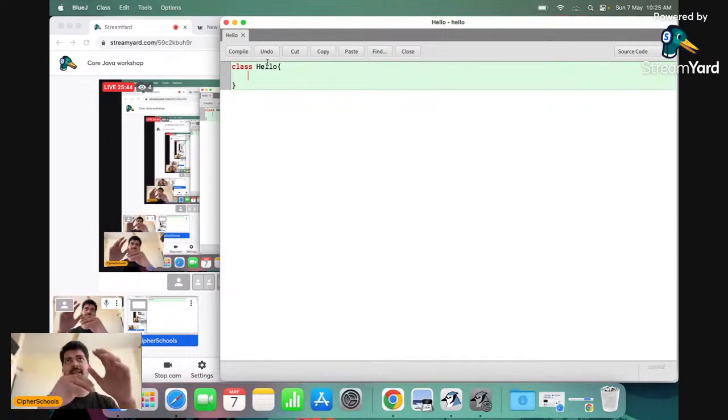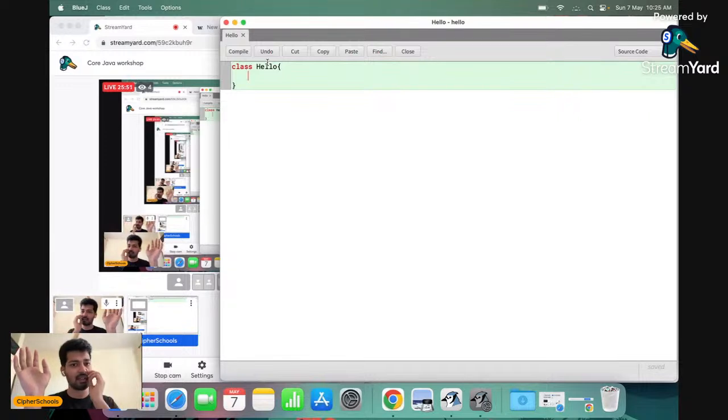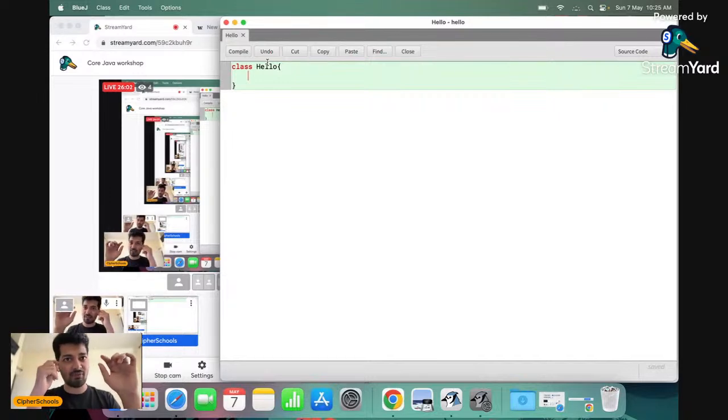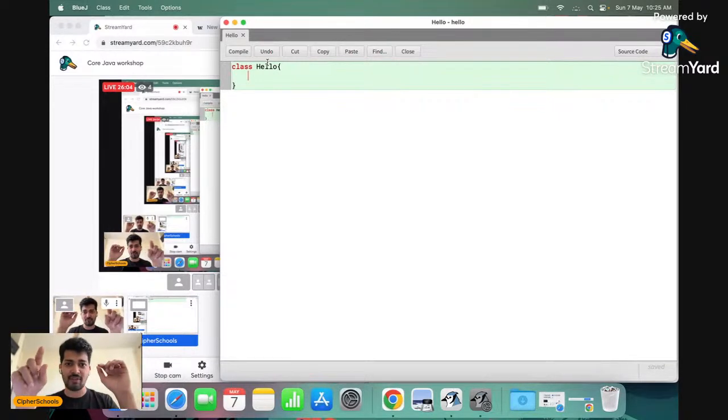Let me not mix it up, or if that keyword is a little fancy to digest, let's just skip that definition. Let's say the class is simple, one of those classes which we had studied, and each of those classes had a name attached to it. How would you identify this is class fifth, this is class sixth, this is class fourth, this is class one? There has to be a name given to each of these classes in particular. So hello is the name of my class, as simple as that.